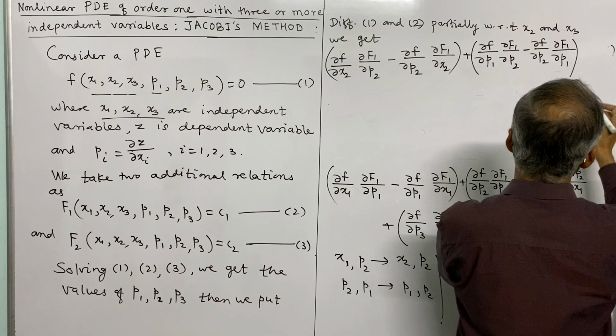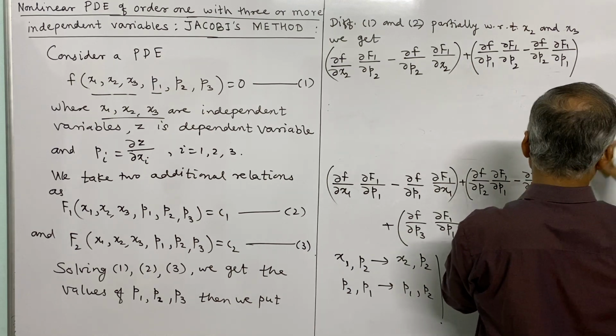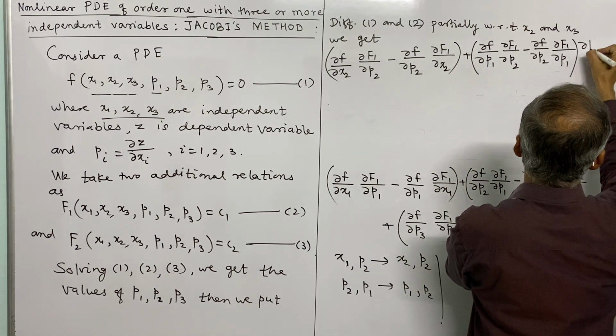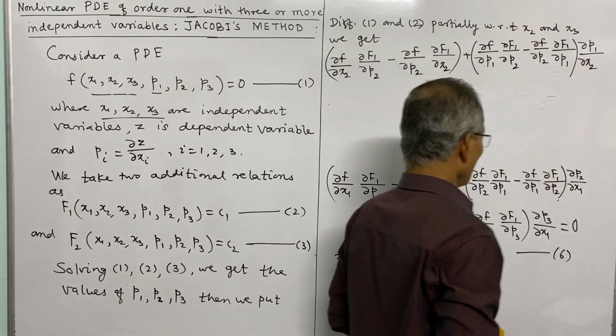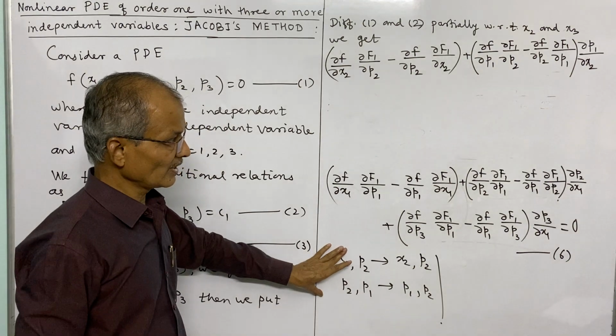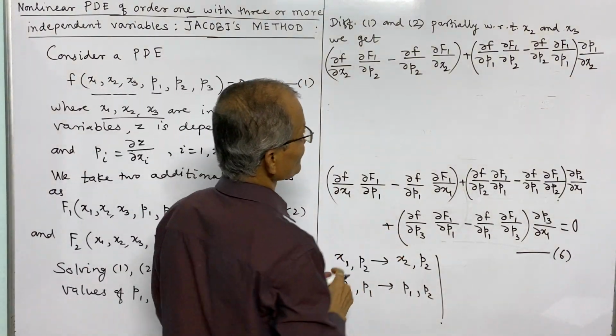This is multiplied by dou p2 by dou x2, which will now be dou p1 by dou x2. So these are the changes to be done, and next plus